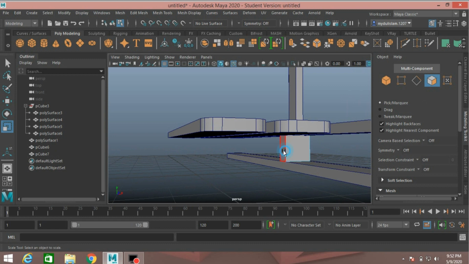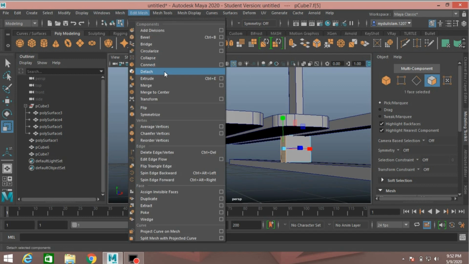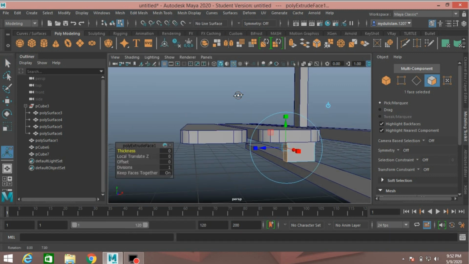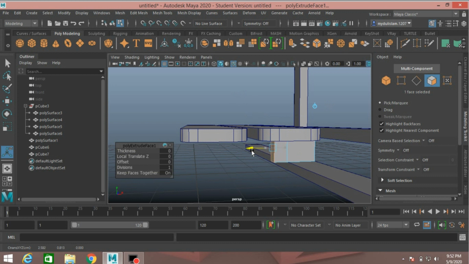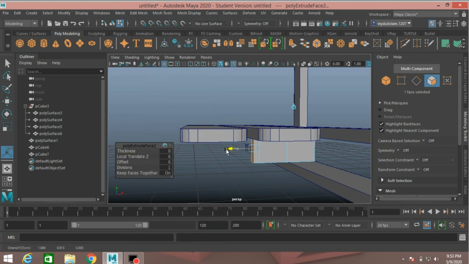Face selection mode, select this face. Go to edit mesh, click extrude or press Ctrl plus E and move it here. Again go to edit mesh, click extrude and move it here.